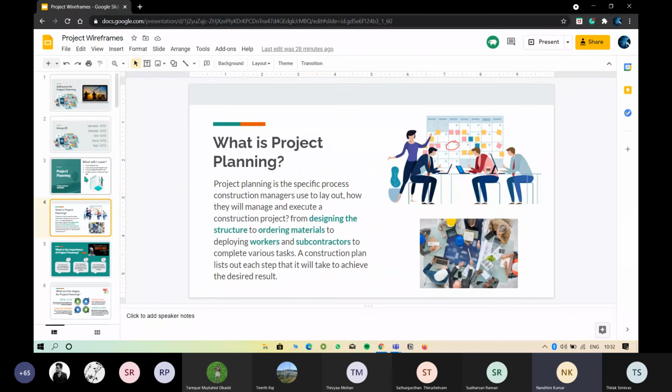And the best part in this is the portion of Divya and Tilak, where Divya presented the entire key steps for planning. Each and every step she elaborated in detail, and Tilak's part where he explained the complete package of Primavera P6. Others' presentations are also very good, but if this were in a particular hierarchy, it would be an awesome presentation. Thank you so much, ma'am. Okay, so don't take it to heart.